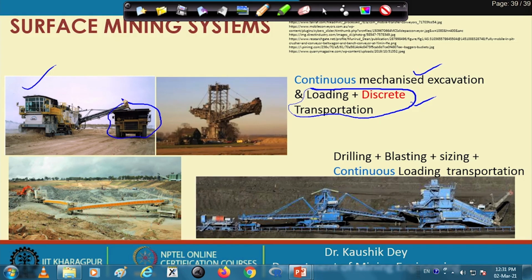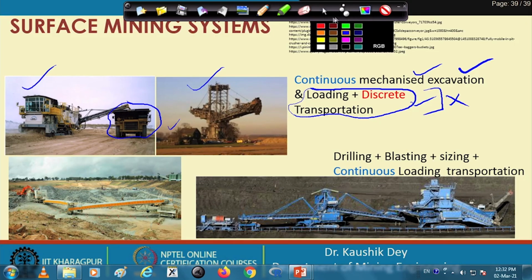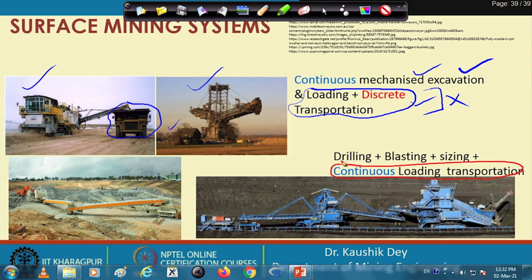So, dumper is a discrete transportation system. So, that dumper is taking out the material in a discrete way. Similarly, the bucket wheel excavator can also dump onto the dumper. So, this is an example of continuous mechanized excavation, but discrete material transport system. Alternately, we can have the alternate system here, in which we can continuously transport the material using a conveyor or slurry transportation system,